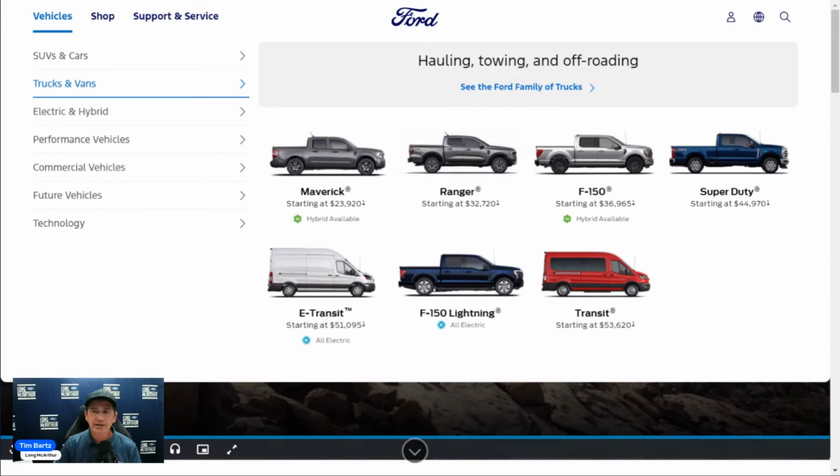Nothing should hinder us from getting allocations. Because of that, our customers that currently have orders, which is only about 17 people, after they've been waiting a couple months to get scheduled, will finally get scheduled for that production date in September. Now, Ford announced today